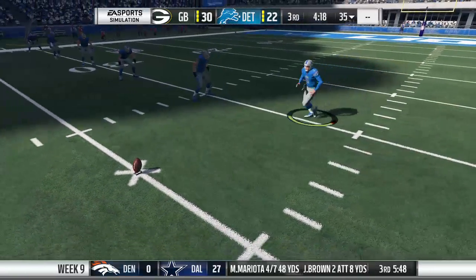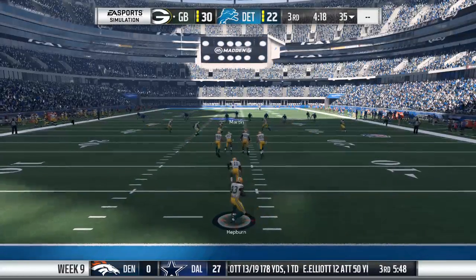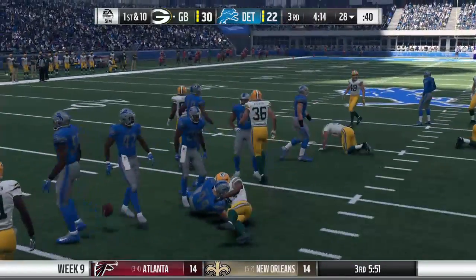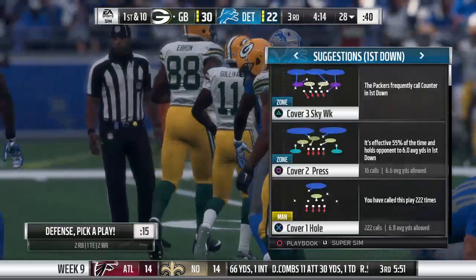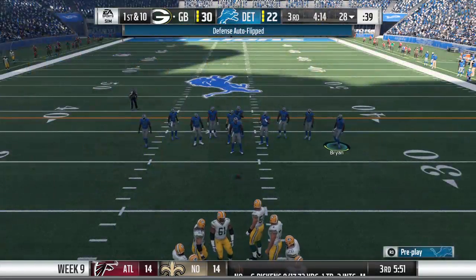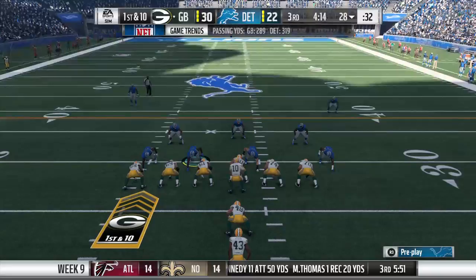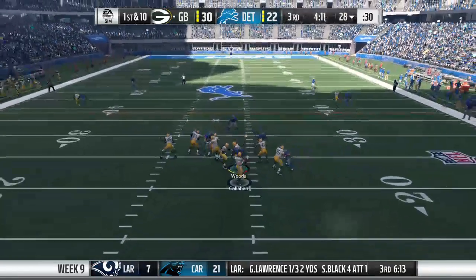Martin, the punter, now out to kick it away. This is taken at the 3. And he'll take it past the 25 and up to the 28-yard line. The Packers offense now. They get ready to head back onto the field. They've got to right the ship. They had a great first half, but the lead has really gone down. Now, you always talk about the adjustment to the adjustment. They've got to adjust right here. And I think a lot of it is just...